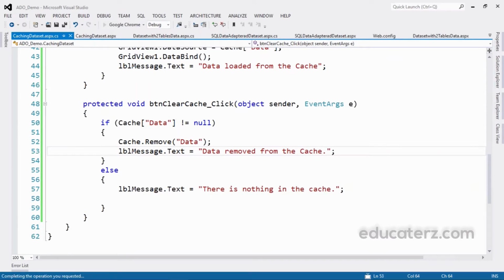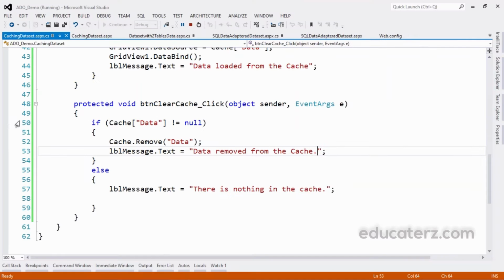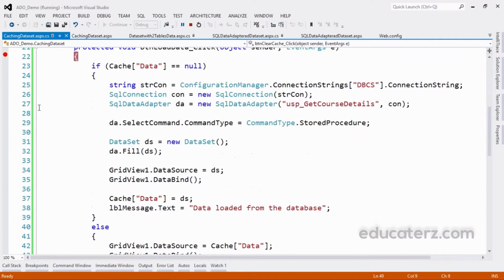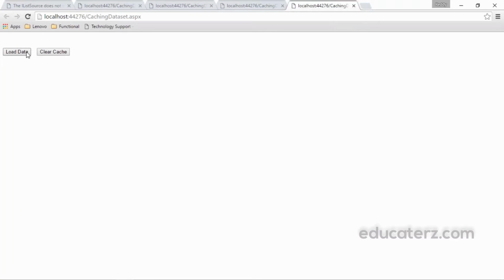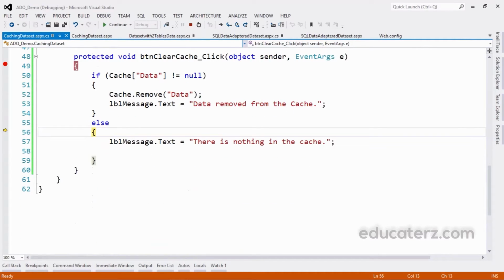Now let me execute it, then you can understand it. Let me keep a breakpoint here as well. Go back. Let me keep a breakpoint. I have two breakpoints. One, I click clear cache. What will happen? As there is nothing there, we'll see this message: There is nothing in the cache.